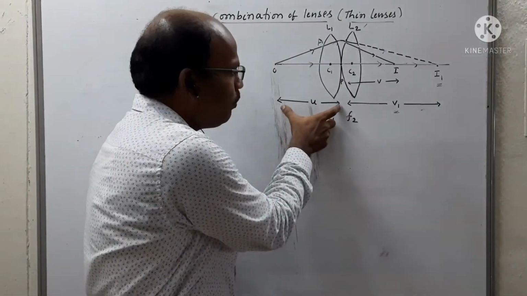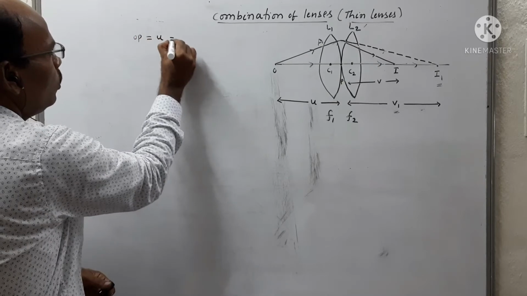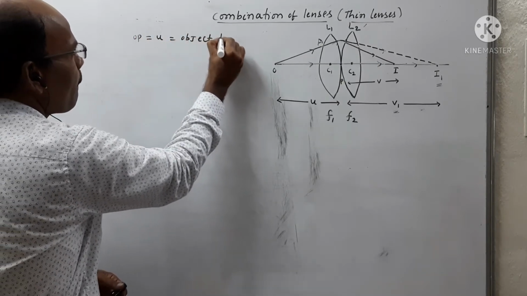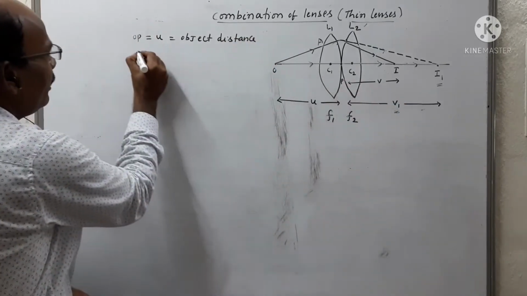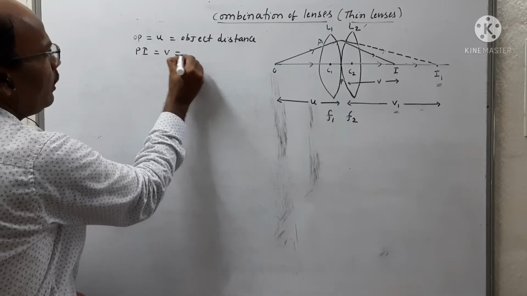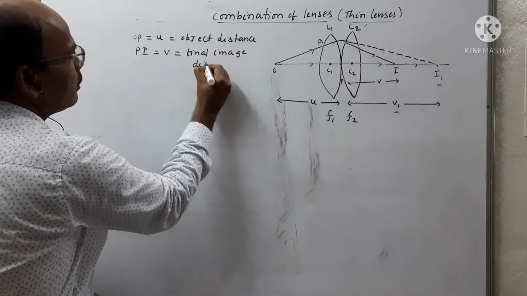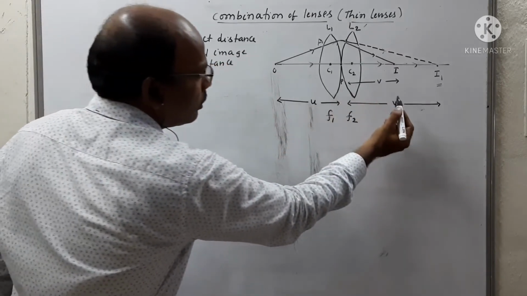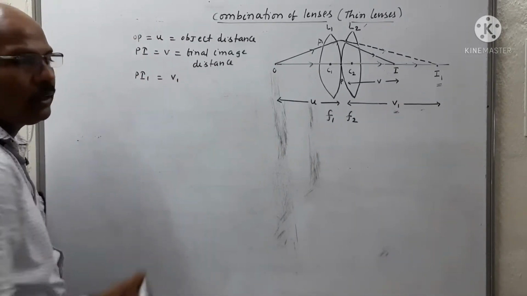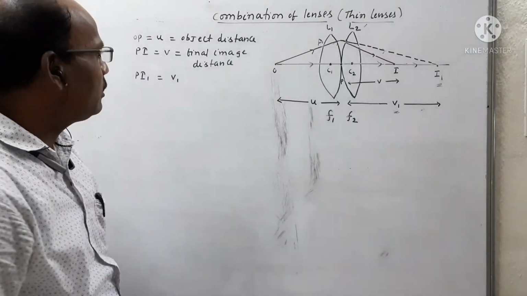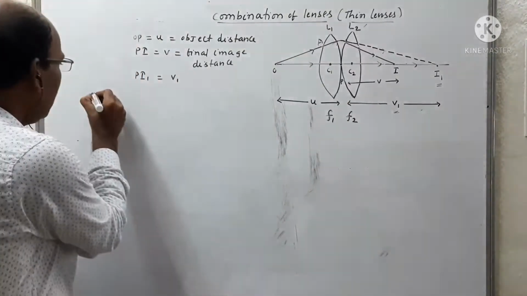So we can write OP is equal to the object distance U, and PI is V, the final image distance. And PI1 is equal to V1, the image formed by the first lens. F1 is the focal length of the first lens and F2 is the focal length of the second. Then we can write first,